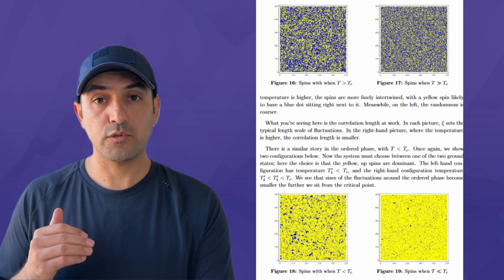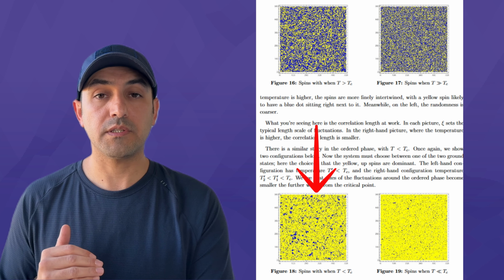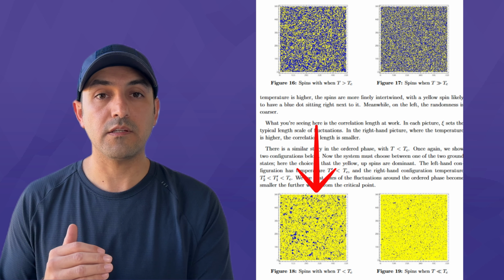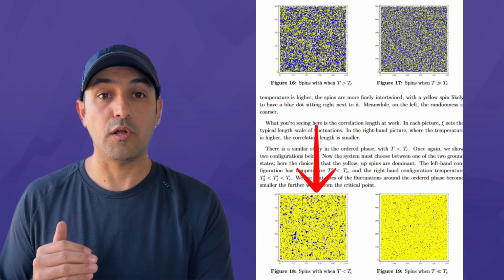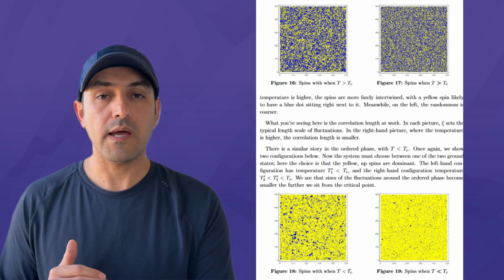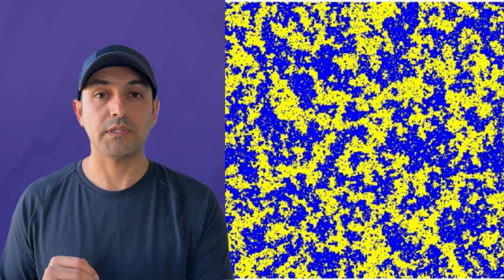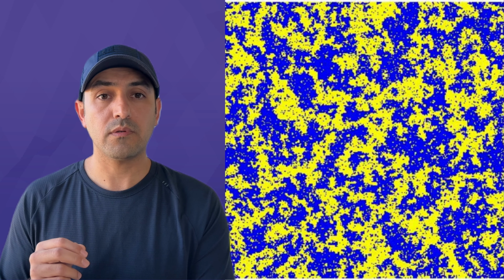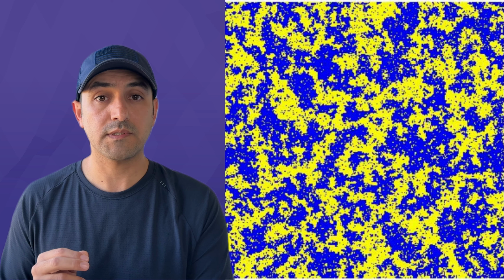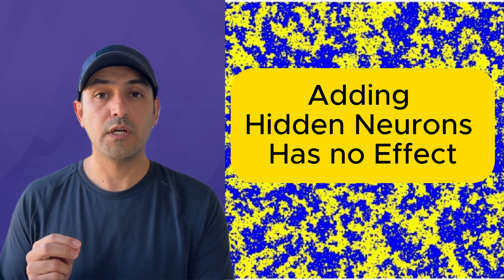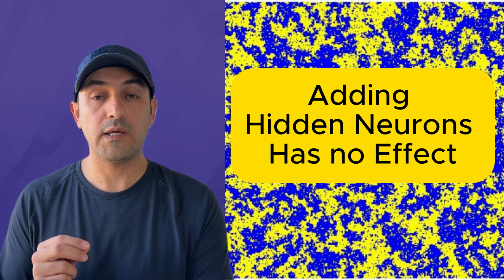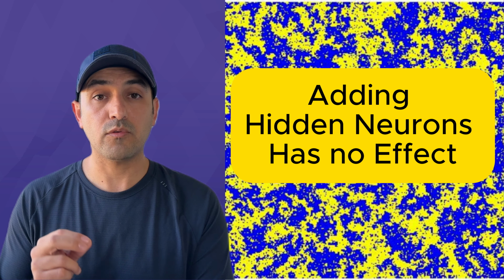When the temperature goes below the critical temperature, neurons tend to be more active and we still see the clumping behavior. And a mysterious behavior happens when the temperature is equal to the critical temperature. In this case, if we zoom out, the picture will not change. In terms of deep neural networks, it means the behavior of the model will not change no matter how many more layers of hidden neurons we add to the model.